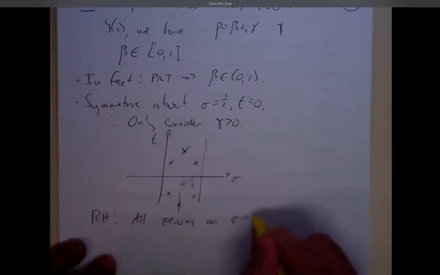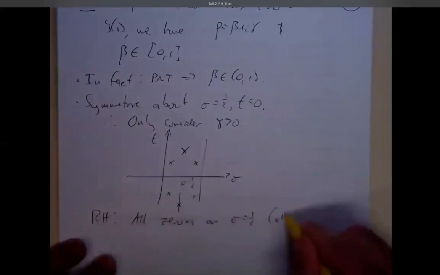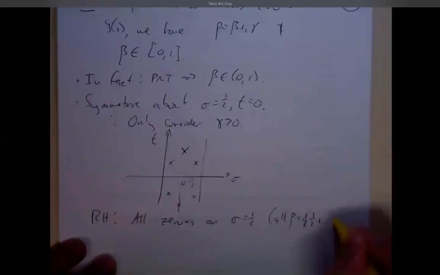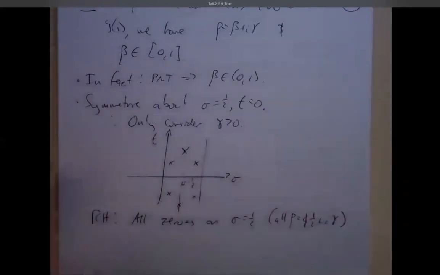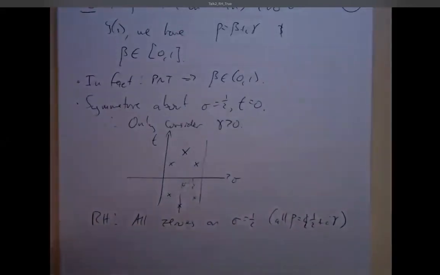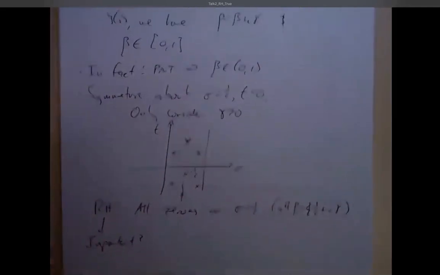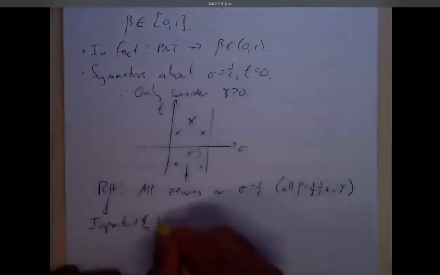Okay, so now's the time. What is the Riemann hypothesis? Well, I told you they were all symmetric. All the zeros were symmetric about sigma equals 1/2. Well, in some sense, the best possible way then is if they're all on sigma equals 1/2, and we'll get to what that means about best possible. But the Riemann hypothesis in one sentence is: all the zeros, and remember I mean non-trivial zeros, are on sigma equals 1/2. So all rho are written as 1/2 plus i times gamma.